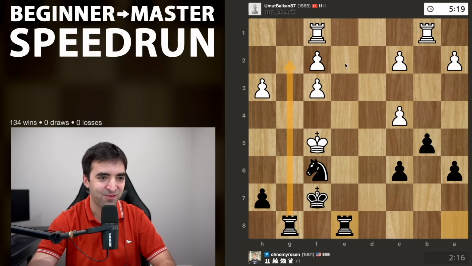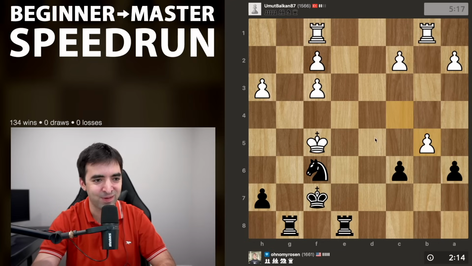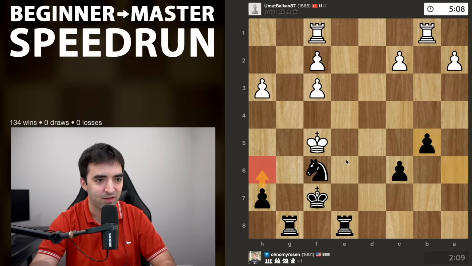Not a configuration you see every day. Like some very pleasing symmetry with this setup. Okay, let's take, I guess, towards the center. I do see one mating idea. I could play the move h6, and this would threaten mate in 2 with rook g5, king f4, and then